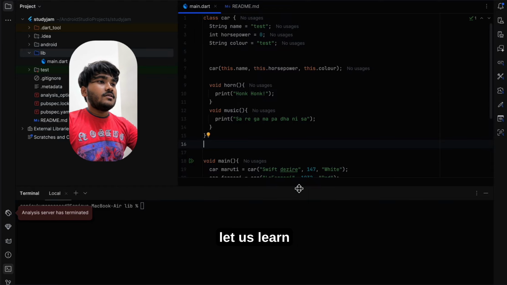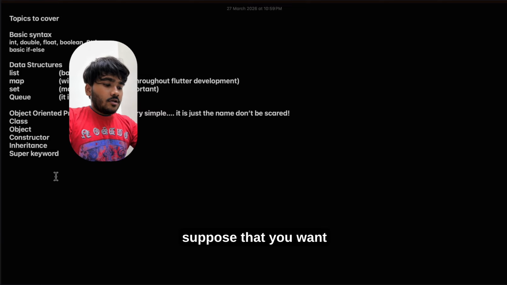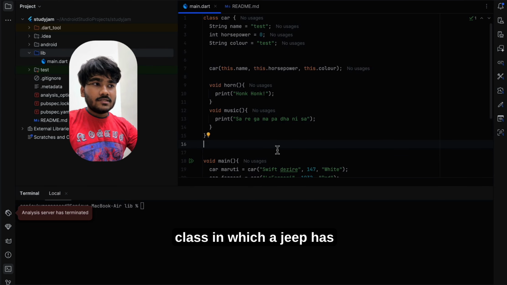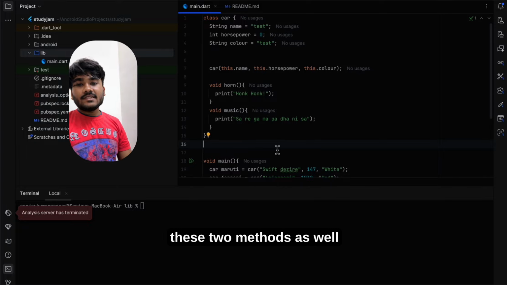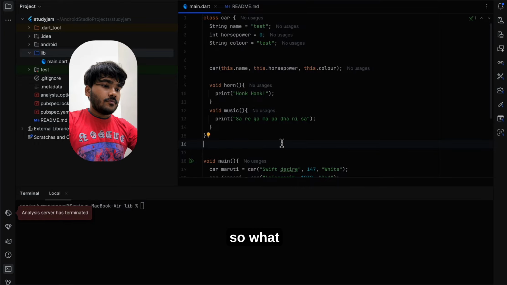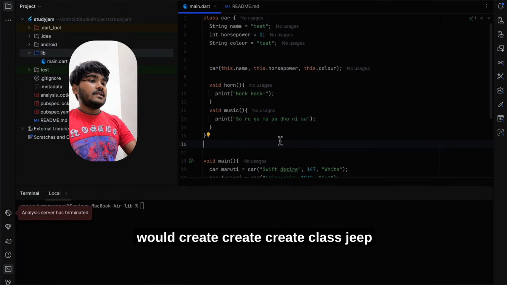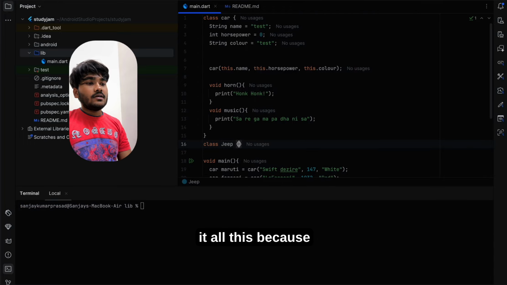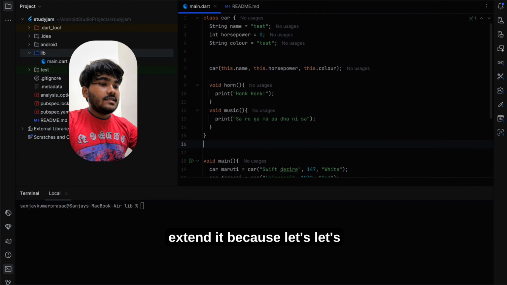Let us learn about inheritance and the super keyword. Suppose that you want to create a Jeep class, in which a Jeep has its name, its horsepower, its color, and these two methods as well. So what are you gonna do? You would create class Jeep and then again write all this? No, because you can just extend it,